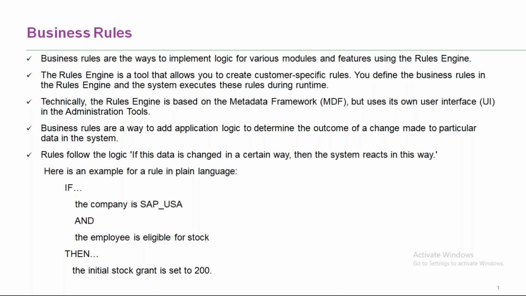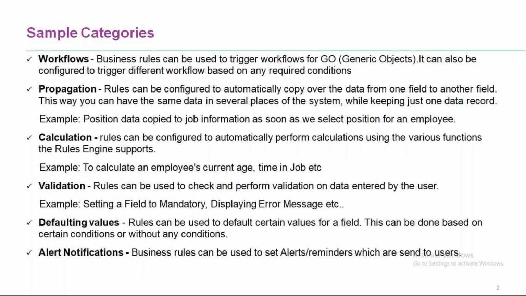Now within if, you can have multiple conditions. If location is equal to Bangalore and department is equal to HR, then trigger the event reason location transfer, or then trigger promotion transfer. So you can have these conditions, and you can have connectors like and, or. If location is equal to Bangalore or location is equal to Hyderabad, then trigger this event. Okay, so you can use connectors like and, or.